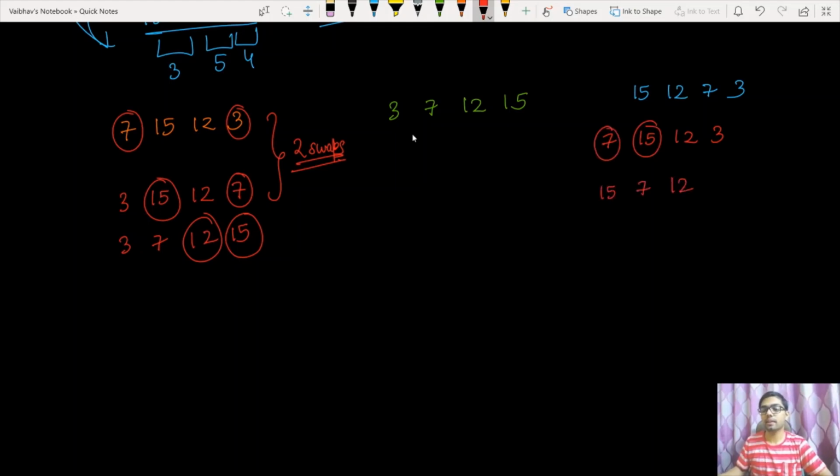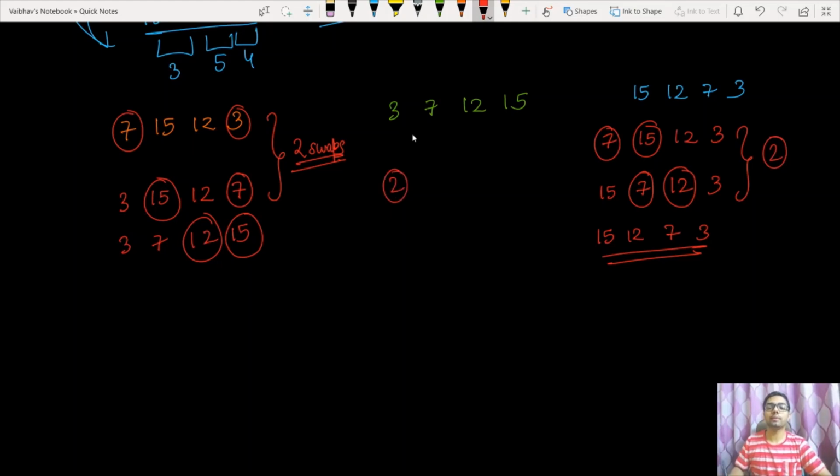So our array becomes 15, 7, 12 and 3. Now we need to swap the second greatest element with the element present at the first index. So our new array becomes 15, 12, 7 and 3. Now we don't need to swap further, so our total swaps were equal to 2. So the minimum of these two values is 2 only, so I'm going to give my output as 2.